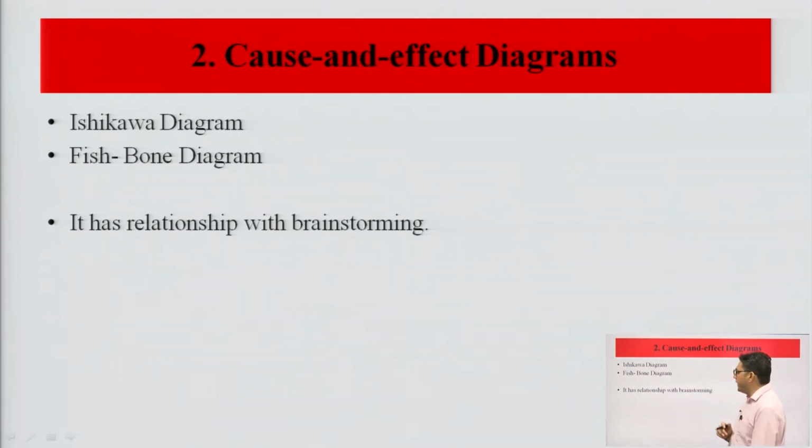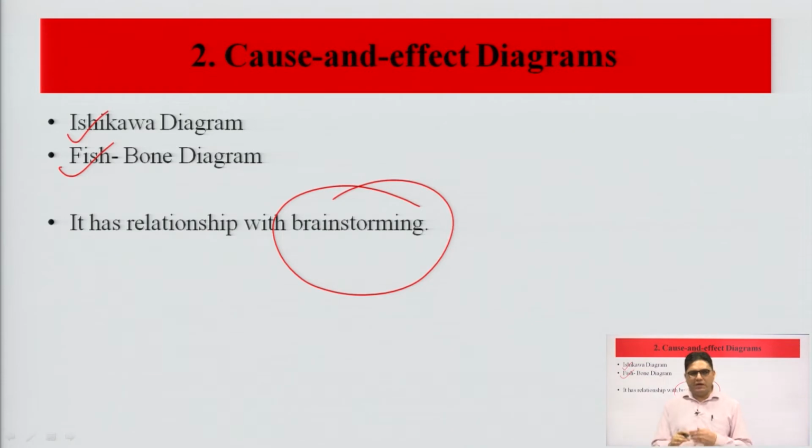This cause and effect diagram is also known as the fishbone diagram, because you will see it is in the shape of a fish, and in the shape of a fish we list certain causes or reasons why a company is not in a position to maintain quality. It is also known as the Ishikawa diagram, and it has a relationship with brainstorming sessions. The cause and effect relationship is largely based on brainstorming, and the major objective is to find out the causes behind why a company is not in a position